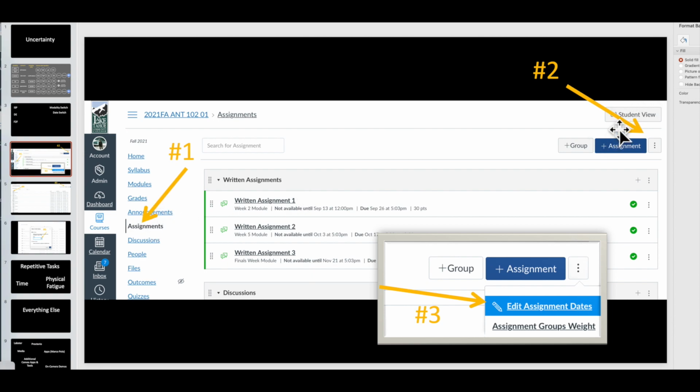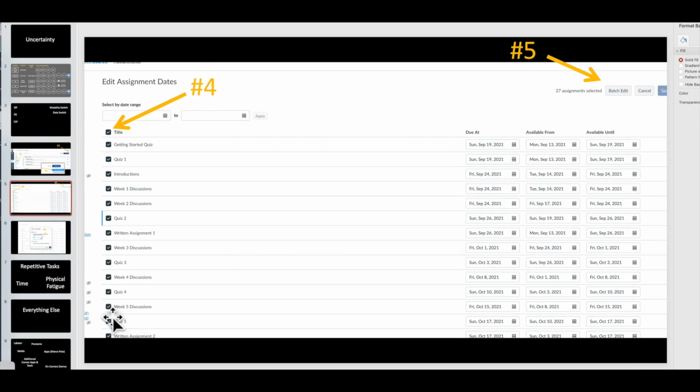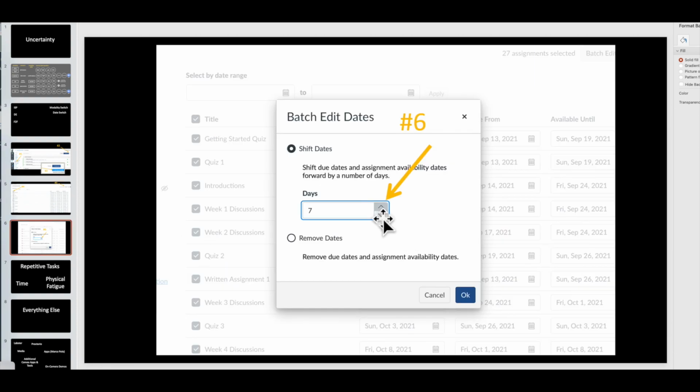Clicking on assignments, clicking on the toolbar here, then edit assignment dates. At that point, you're going to select all your assignments. Then you're going to click the button here called Batch Edit. Then at that point, you will adjust the number of days, hit OK, and everything is automatically saved for you in Canvas. Using these 6 steps will save you maybe a half an hour, if not an hour